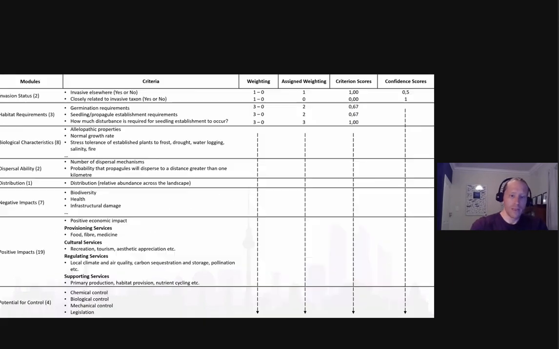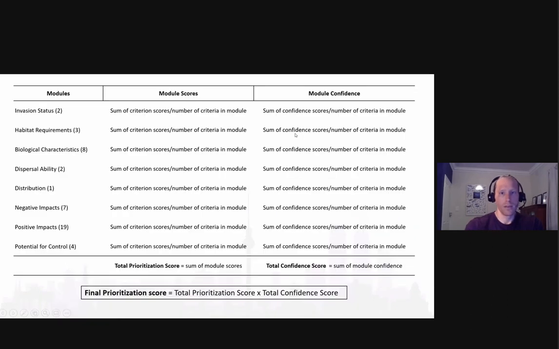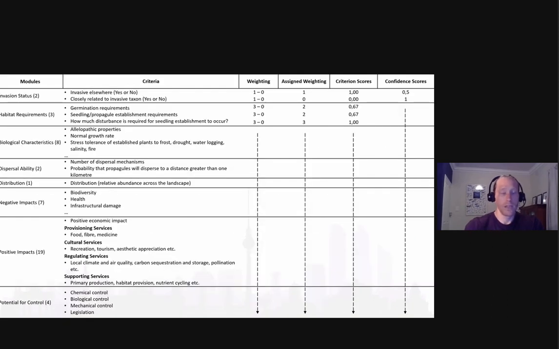But just one other thing is that we did retain the calculation, the formula that Robertson et al. used in their framework. And I'll just talk about this in a bit more detail here. So what we have are modules on the left, the criteria that we decided on under the criteria column, and then a generic weighting that is assigned, and I'll describe this in more detail just now.